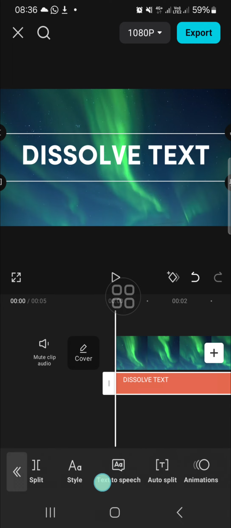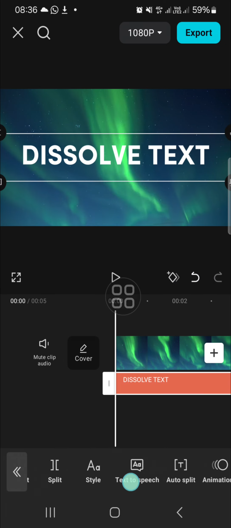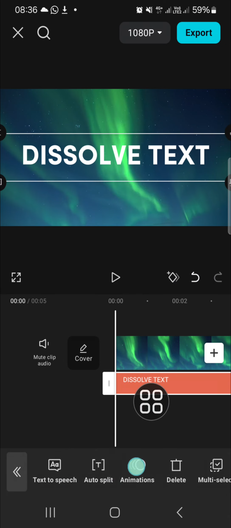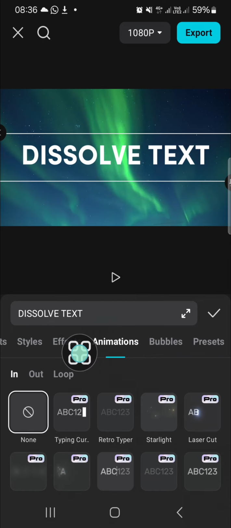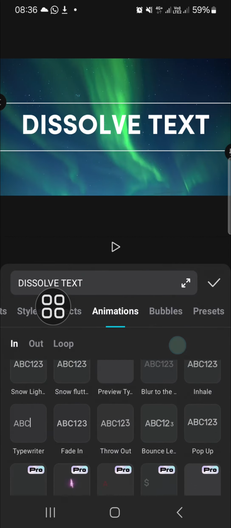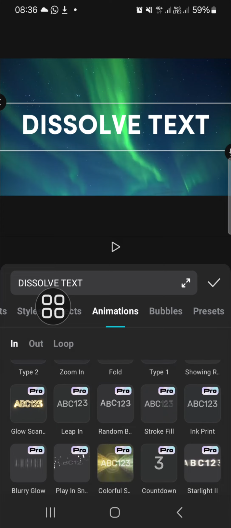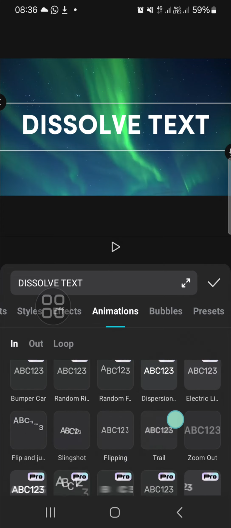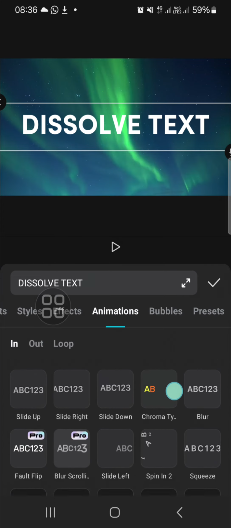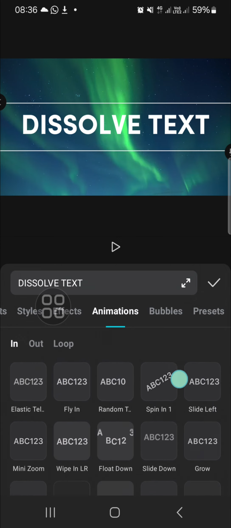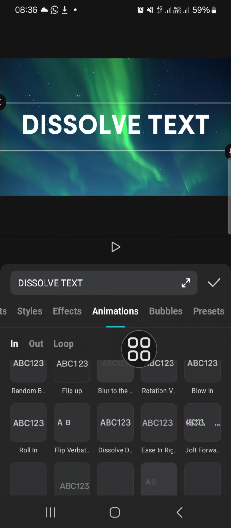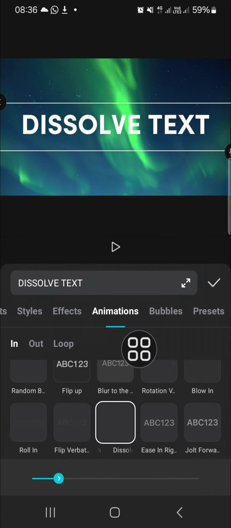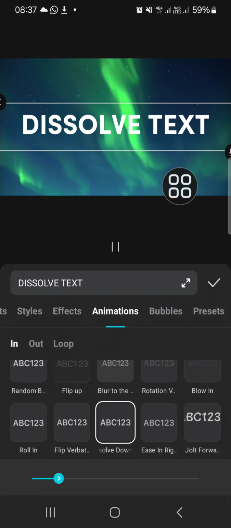First of all, I'm going to click on the tags, and then we can go to the animation. And to create the dissolve tags effect, we need to apply in or out animation to our text. Here you can select in animation, and then you can scroll down to find the dissolve animation. You just need to keep scrolling down until you find the dissolve effect. Wait guys, I'm still trying to find it. Okay, this one. I'm going to select that, and then as you can see the animation has been applied,